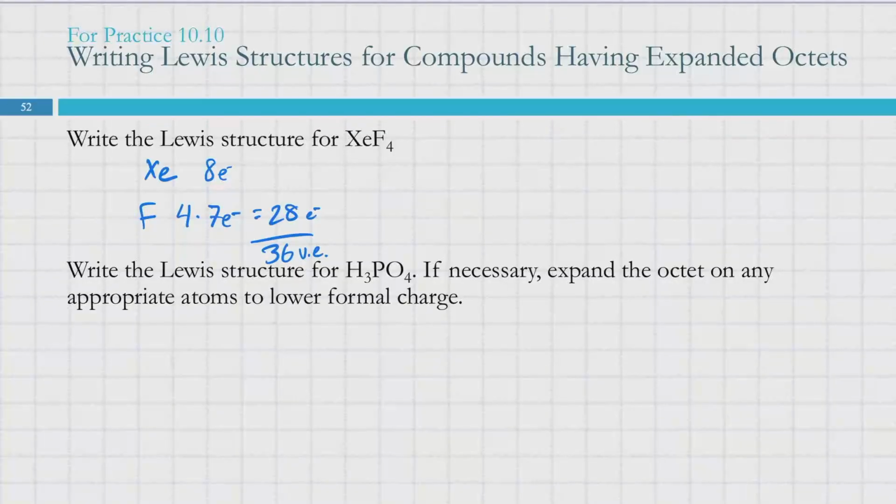Our skeletal structure is going to be xenon in the middle and the fluorines on the sides. To get everything connected, we add in some bonds. So minus 8 bonding electrons, that gets us down to 28